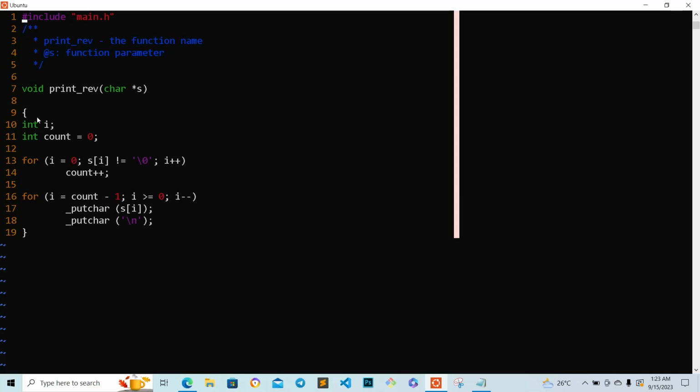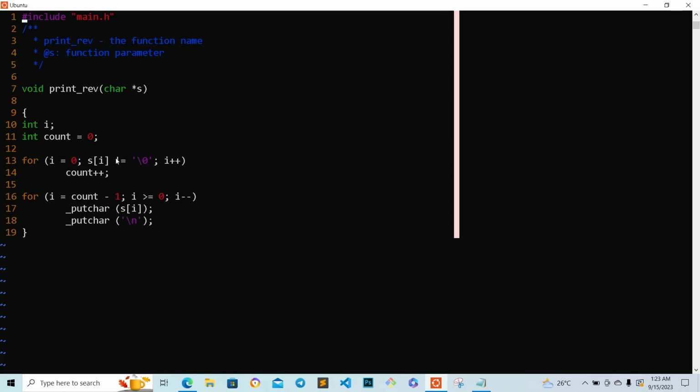So we declared int i, and then we initialize count to 0, for i equals 0, and then our i is not equal to the terminating null byte, i plus plus, and then we count. We loop through